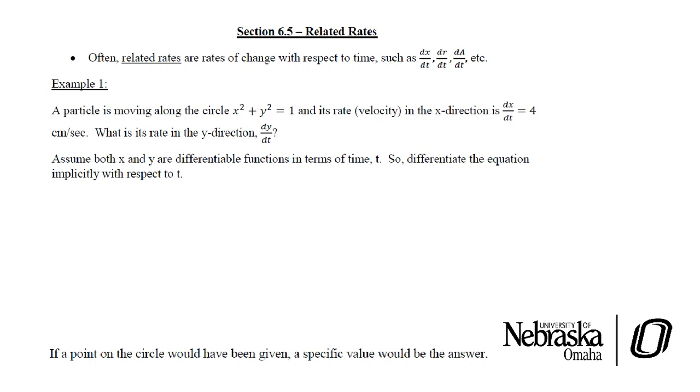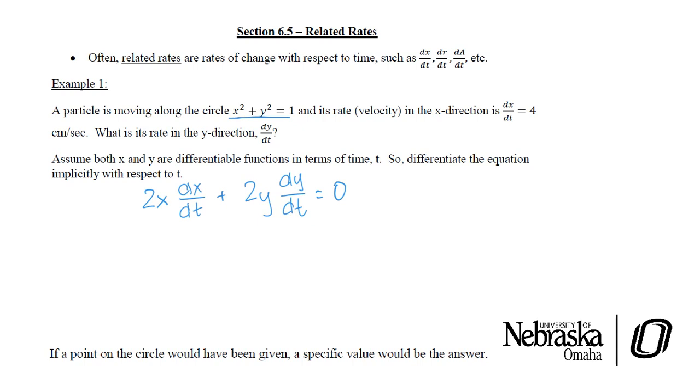So when we differentiate this equation, we would get 2x times the derivative of x with respect to t, and then 2y times the derivative of y with respect to t. So just like in the last section, if we found the derivative of x with respect to y or y with respect to x, we're doing the same thing, except neither of these variables are what we're differentiating with respect to. So we include the variable with respect to t. Now,